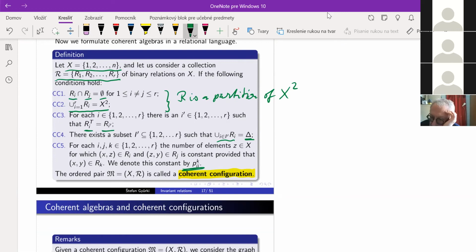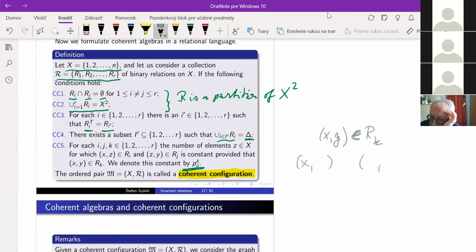That is, just to be in accordance with the notation in the fifth axiom, if I am taking a pair XY in Rk,